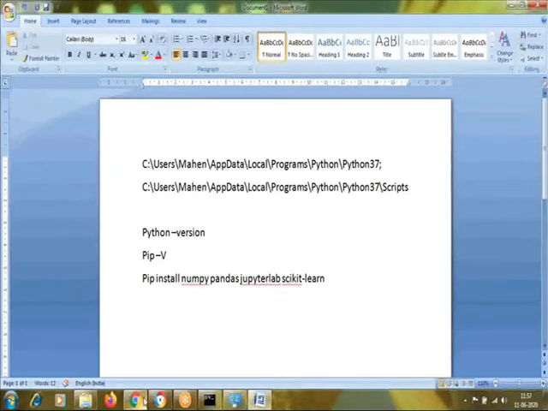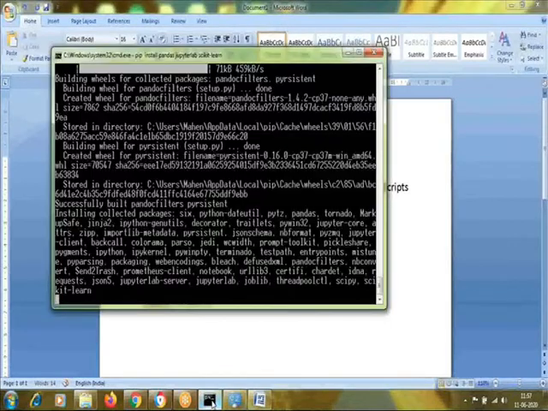Okay. So to start Jupyter Notebook, you just need to type jupyter space notebook on your command prompt and press enter. Jupyter Notebook will be started.